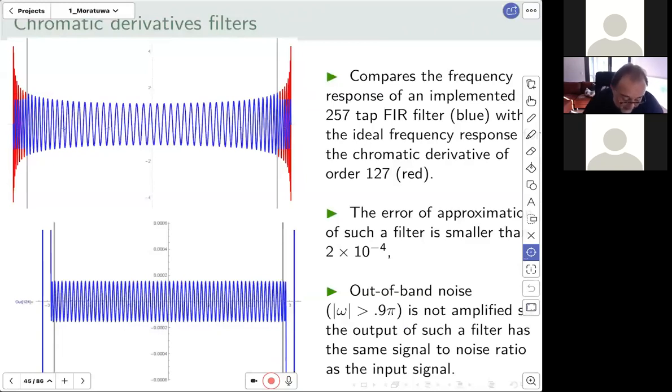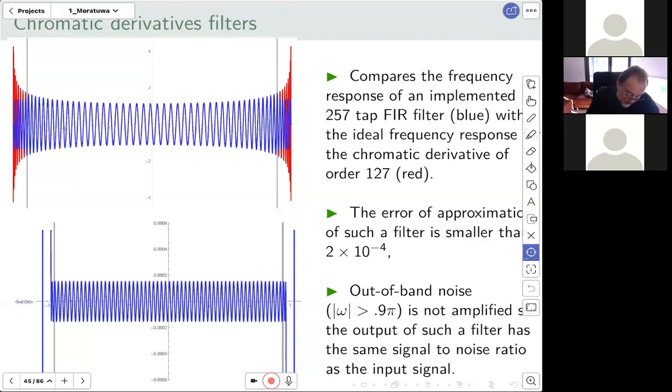And we have tested in practice such transversal filters, such FIR filters, and they live up to their mathematical promise stated here. You can find chromatic derivatives of extremely large orders for as long as you have a sufficient number of taps. In practice, we use only 65 or 128 or 129 tap chromatic derivative filters. So this guarantees that these operators will not suffer from the noise sensitivity that standard derivatives suffer. So you can evaluate them with huge precision,